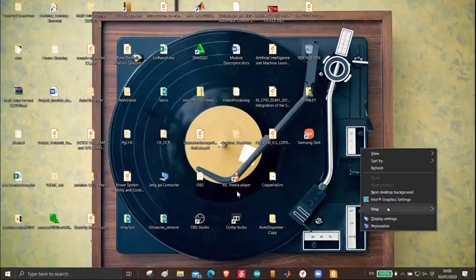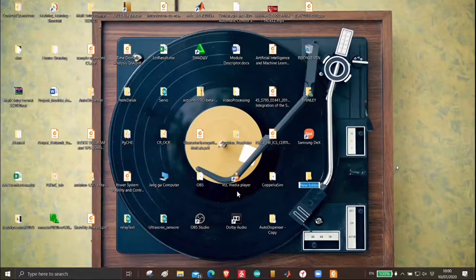Step number 1 is to create a folder on desktop named Power System Operation and Control Labs. So this is your folder on your desktop. Now open that folder